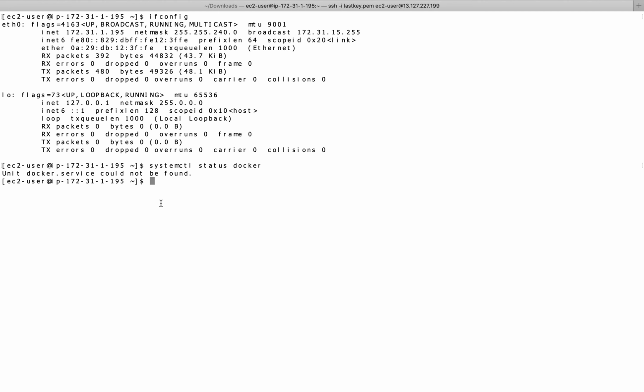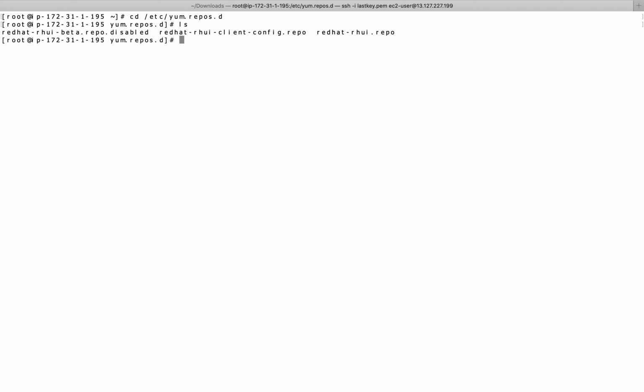So first of all we need to install Docker, and to install Docker we need to go to the root mode. After coming to root mode, we need to create a file where we will store the Docker repository.